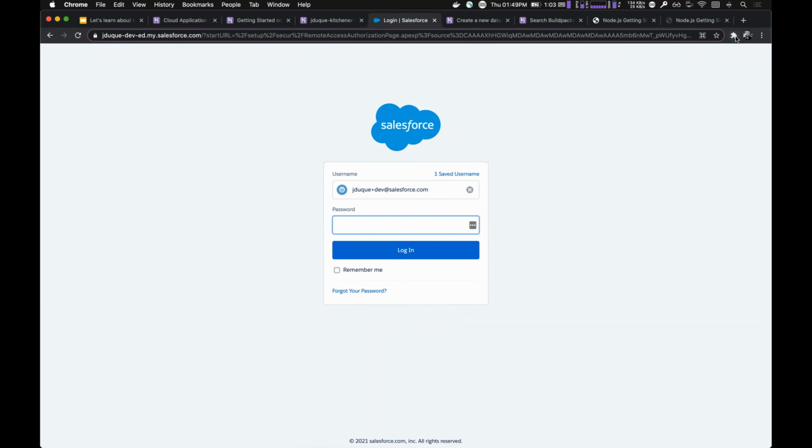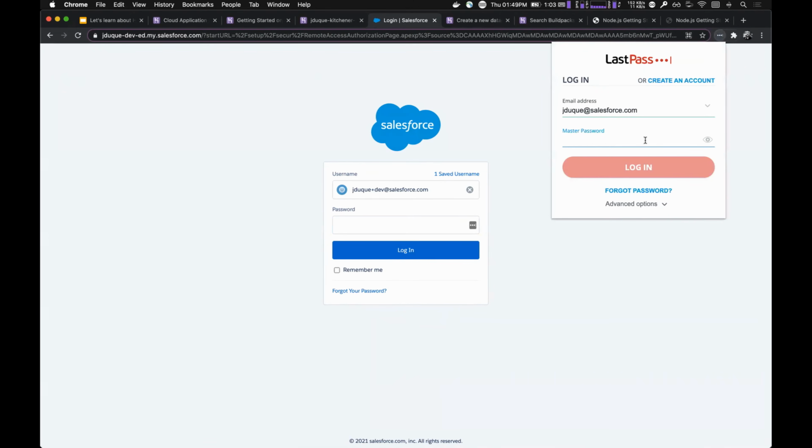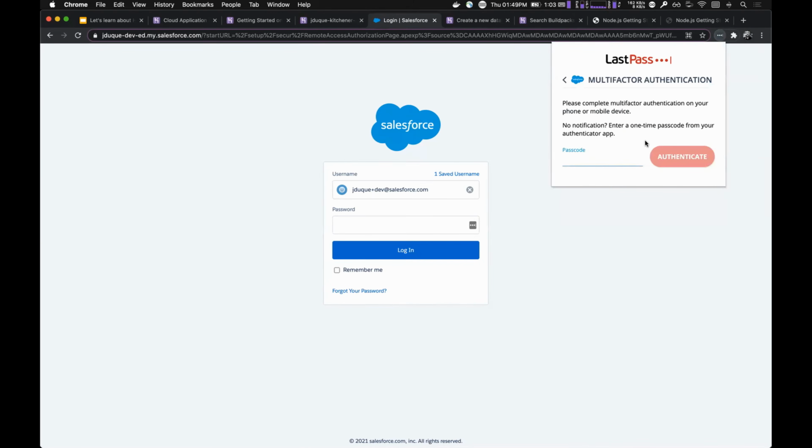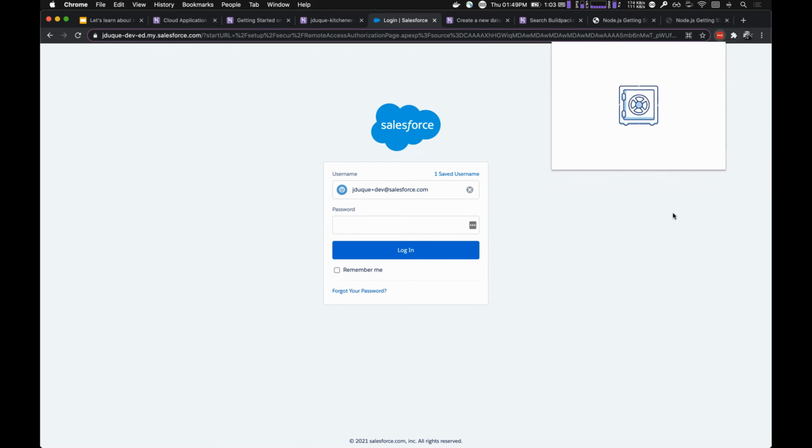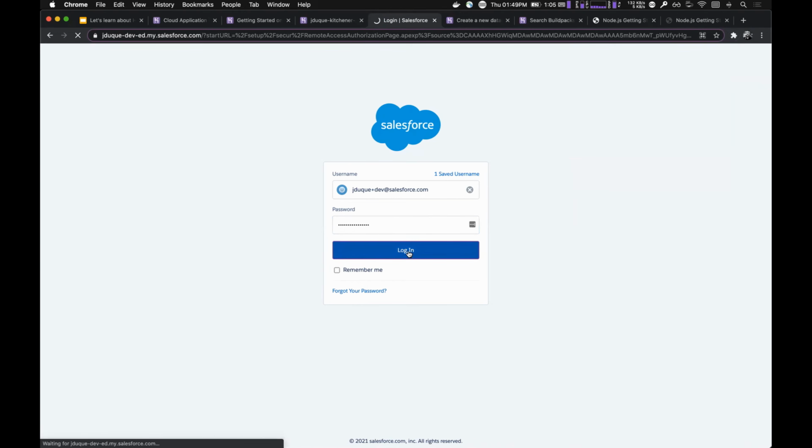And I told you that I don't have LastPass enabled right now. So pardon me, I will need to do some password thingies. My password is too long, so it is like this. And I need to do two-factor authentication because security. Sorry, I wasn't ready for this. Now security, I have the Vault opening. Now I have a password that I can open. So let me log in on my DevHub,